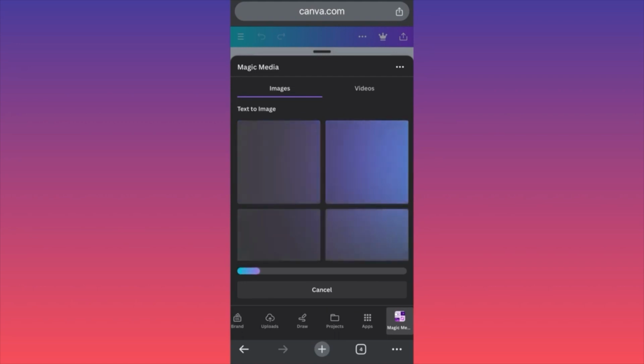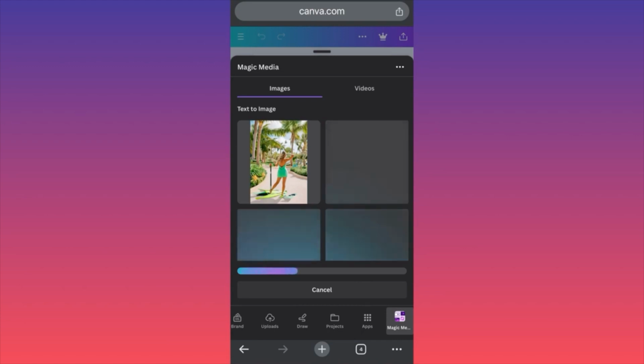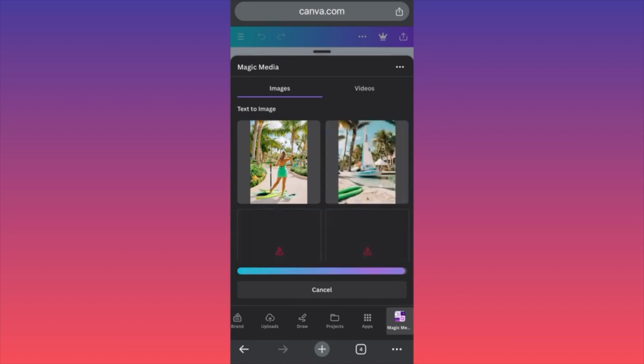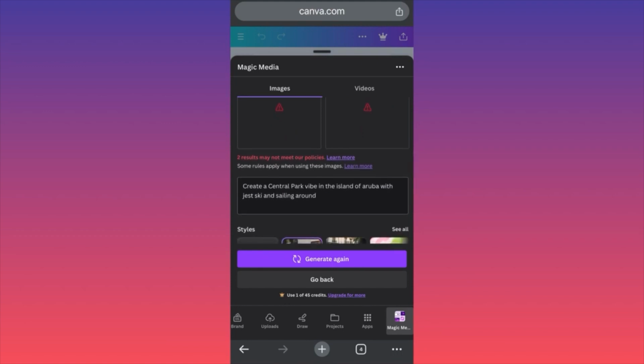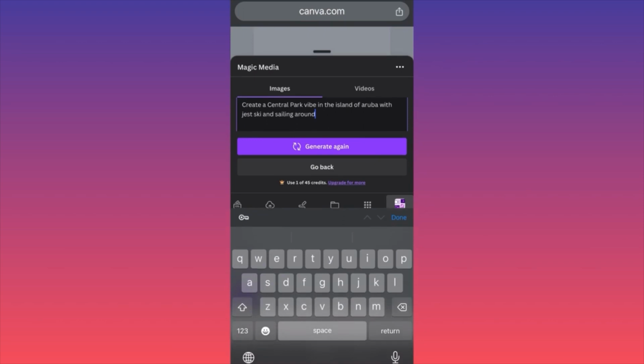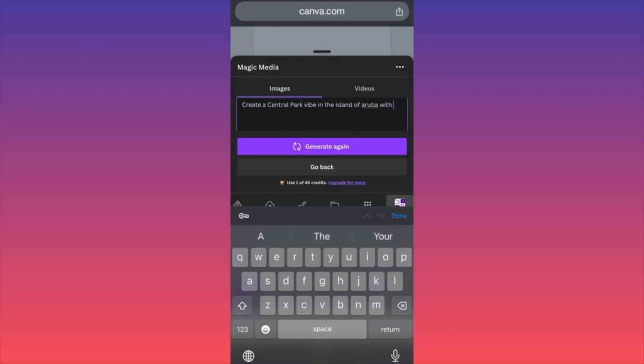The way how the Magic Media Studio works, it will generate 4 different variations of the image, and you can choose which one you like, which one you don't like, and then if you think that something is missing, you can add information to your prompt. So the way how this actually works is that if I scroll down, you will see that you can actually click here and change the part of the prompt. So for example, if I don't like the Aruba stuff, right, I can go back and I can come over and just say,